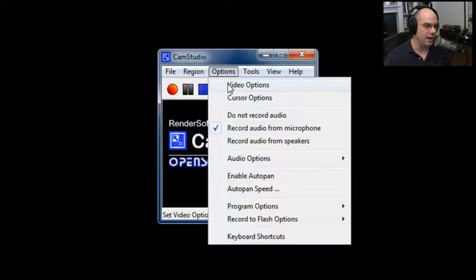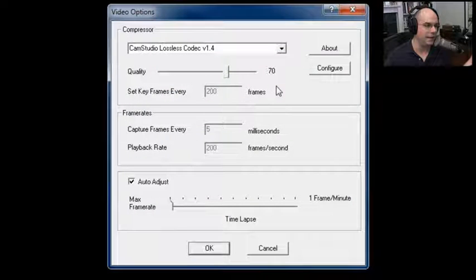There's a number of options for your video to highlight the cursor information, to choose the compressor or the codec that will be used to save this data. And CamStudio has its own codec. This is really important because when you are compressing data into video format and uncompressing it later on just to be able to store it on your hard drive, that compression process can sometimes be lossy, which means when you look at your final result, it's pixelated, there's blurriness, it's not as sharp as it was when you saw it